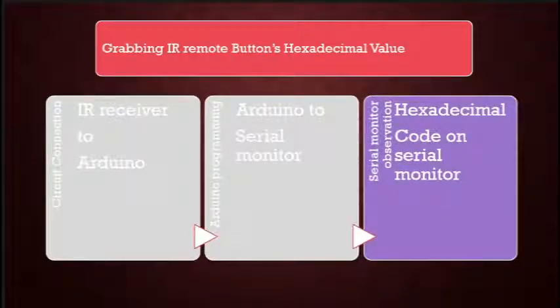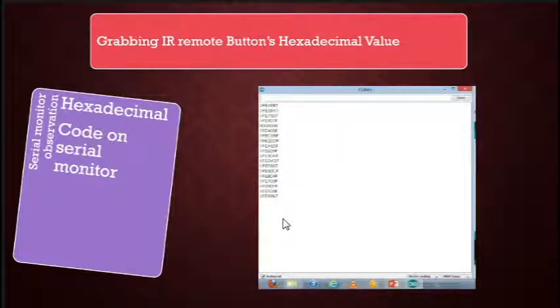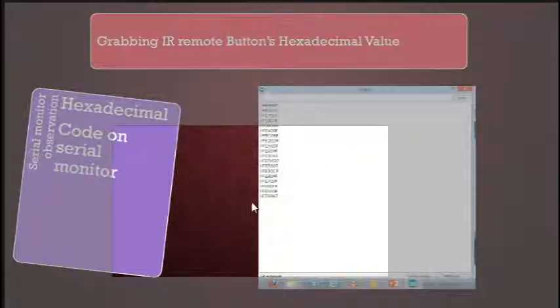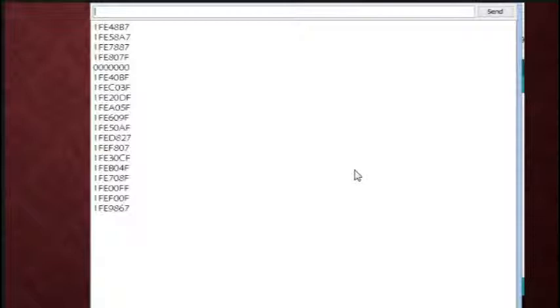Now it's time to see the hexadecimal code on our serial monitor. You would receive this type of codes. I have listed the code of every remote button on the serial monitor. You would get a similar output if you try it on your own. Now let's go for the next slide.